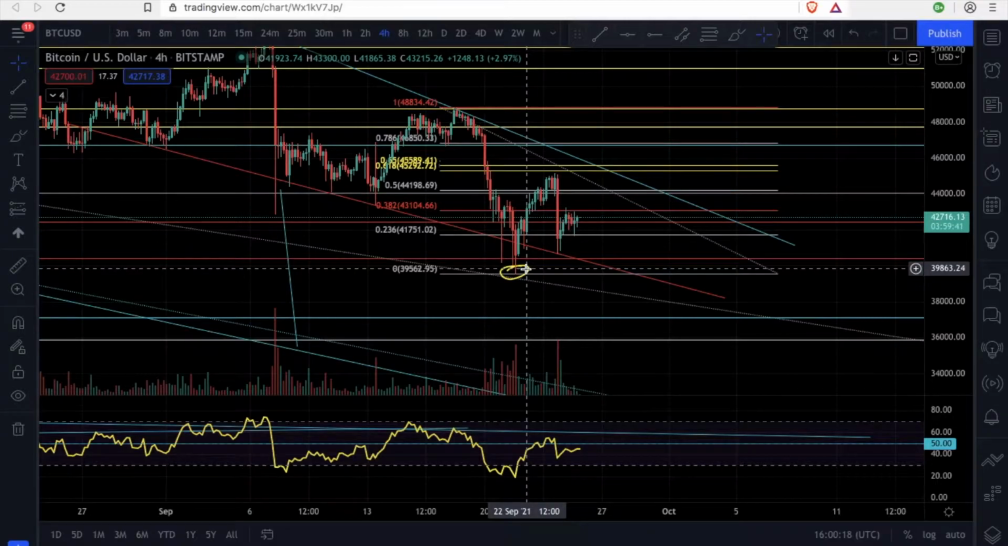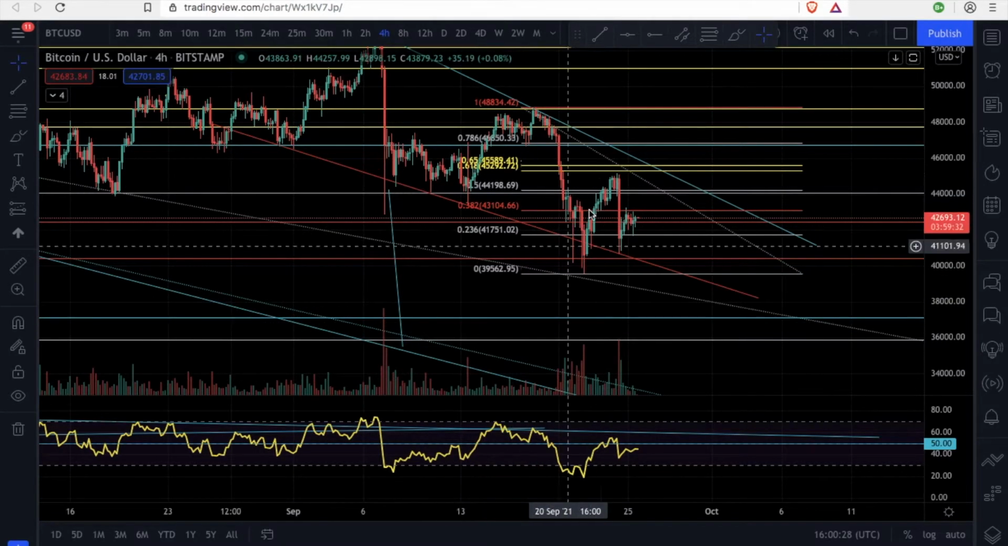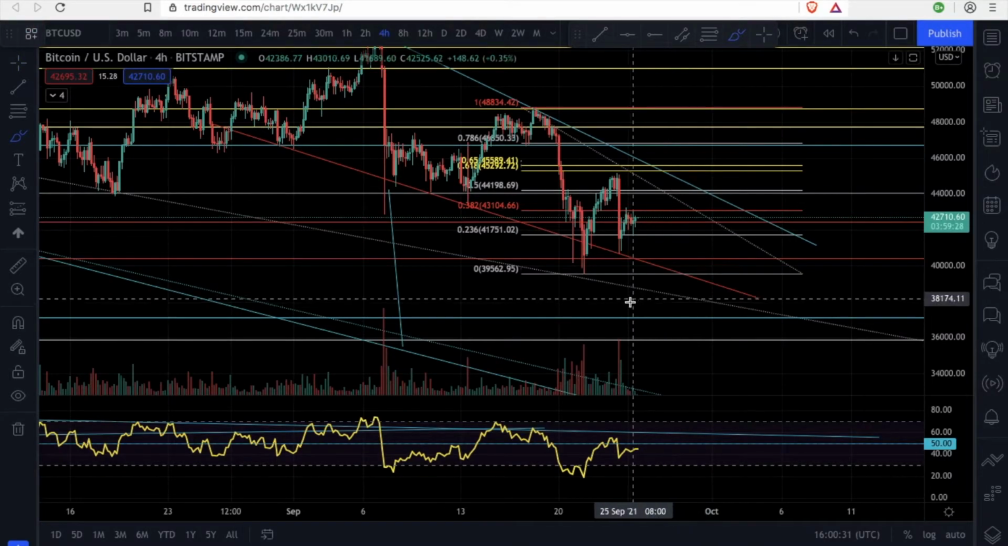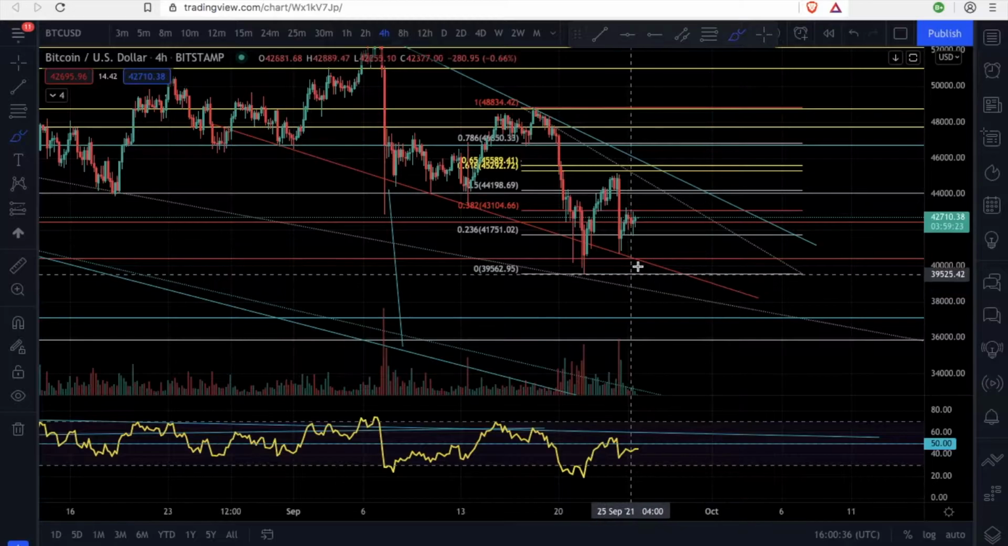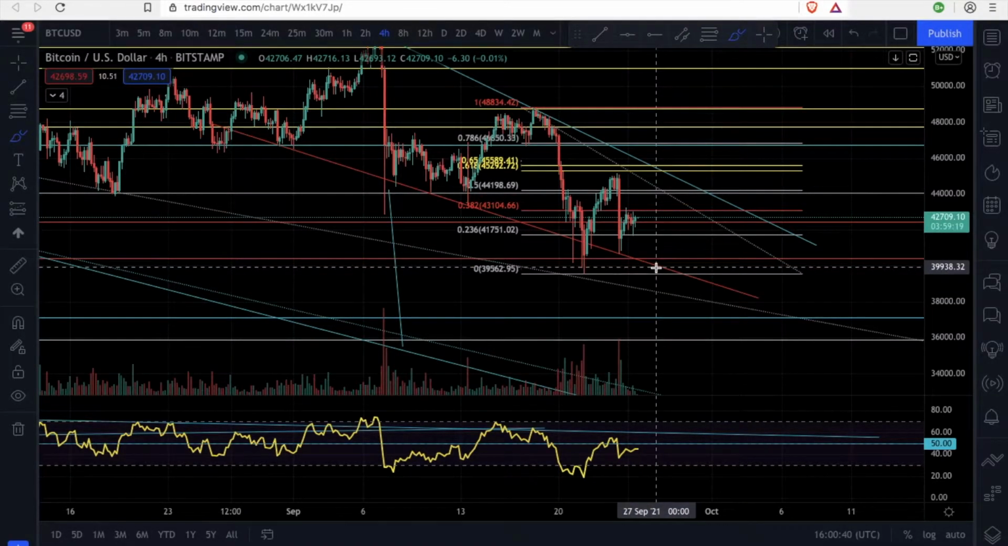So the Bitcoin price can go even to the $38,000 level, but that doesn't mean that it will turn very bearish. But it is not a good scenario for the Bitcoin price for that to happen. But right now, those two things are in play. So if the Bitcoin price can't hold this funny wedge support line as support around here, around the $40,000 level,